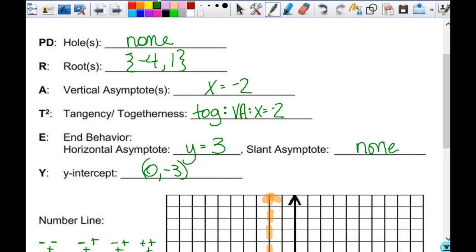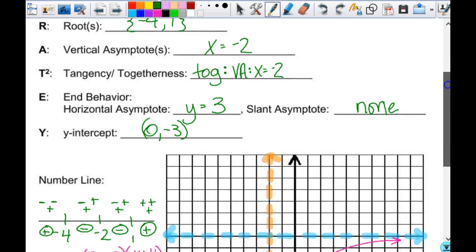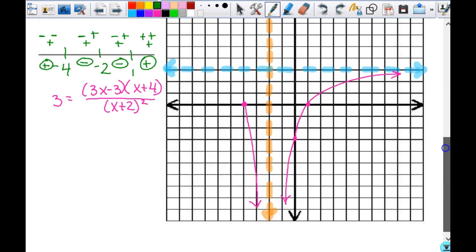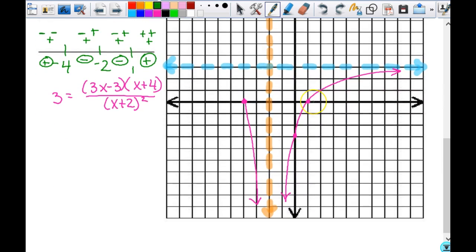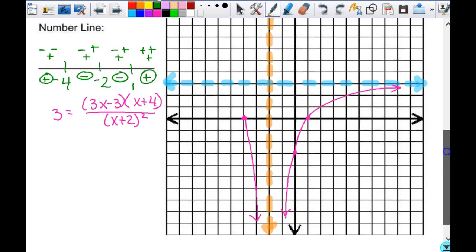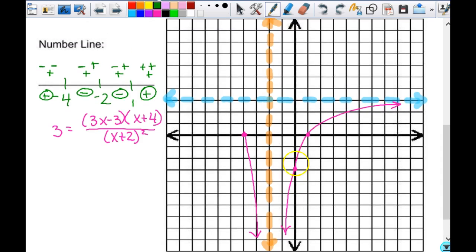So we went through and we found all this. I think y'all are doing okay. You're not having any major problems finding these things. We're good, right? Most of that's a review anyway. So we went down here and we graphed this. We plotted the points that we knew. We only had these 2 points. We drew our asymptotes. We were able to get this shape of the graph in, and then we knew it should come up like